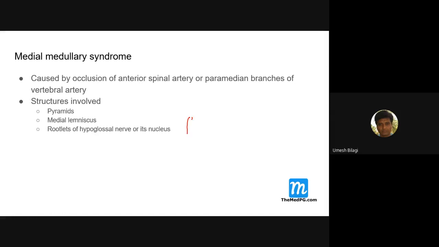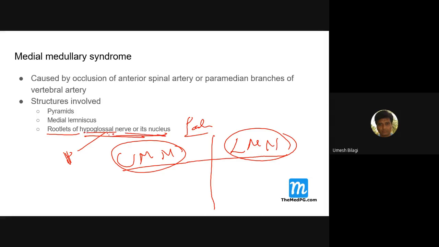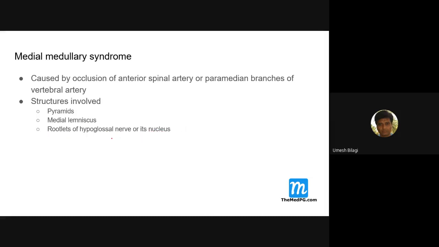See, paralysis is classified into UMN and LMN. These things are not taught to you. Paralysis is caused by either pyramidal, that is upper motor, or lower motor, peripheral nerves. So the 12th nerve is a lower motor neuron, but before its nucleus, it is UMN. Here the rootlets of the nucleus and nerve are involved, so it behaves like a lower motor neuron. So it is a lower motor neuron type of 12th nerve palsy.